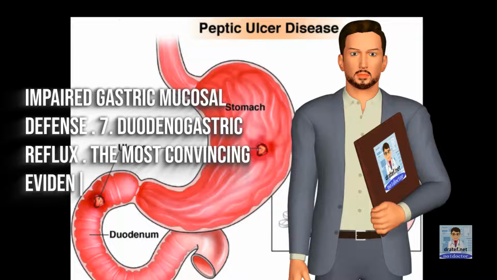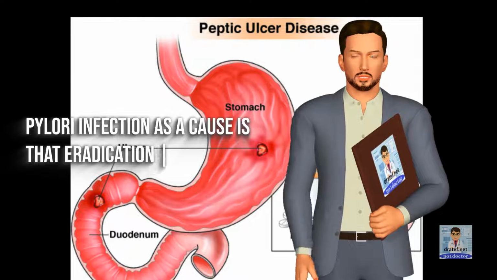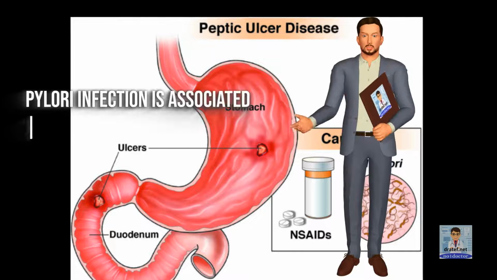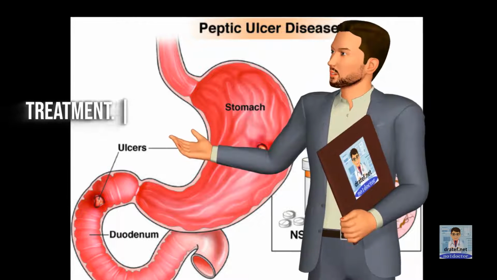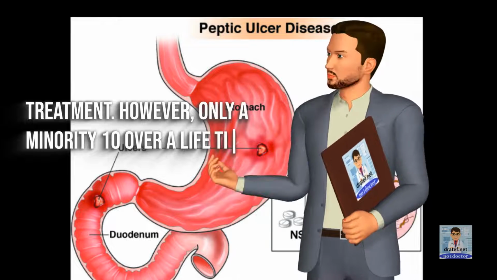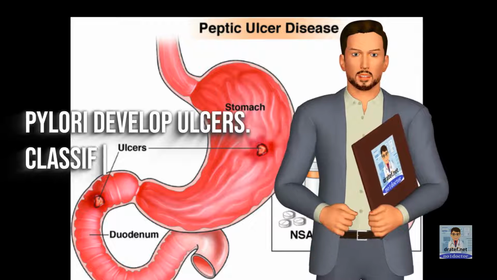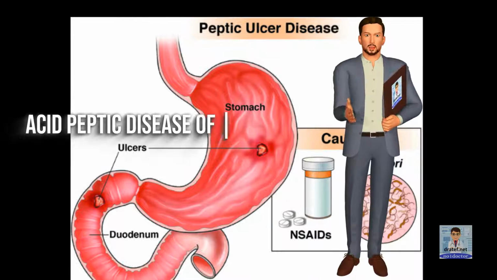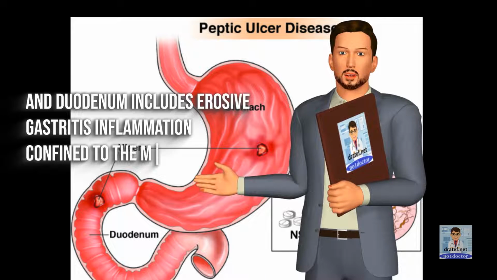7. Duodenogastric reflux. The most convincing evidence for H. pylori infection as a cause is that eradication of H. pylori infection is associated with a near elimination of recurrence of peptic ulcer following treatment. However, only a minority, 10% over a lifetime, of people harboring H. pylori develop ulcers. Classification. Acid peptic disease of the stomach and duodenum includes erosive gastritis, inflammation confined to the mucosa